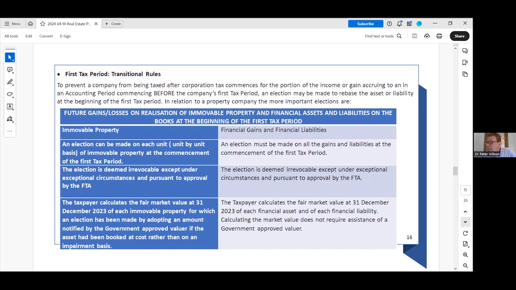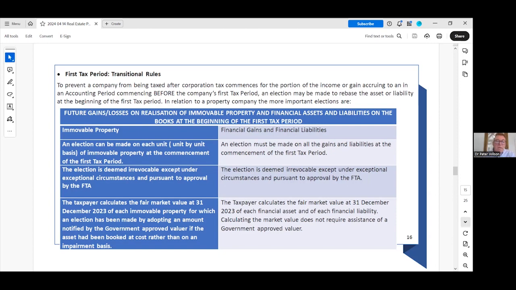It'll make an election in the circumstances in which there's a fair amount of profit accrued before January the 1st, 2024, and a little bit accrued afterwards. It probably won't make an election if the value of the property has gone down since January the 1st, 2024, but there was profit before that period. So it's going to be very interesting to think about when you should make an election with respect to units